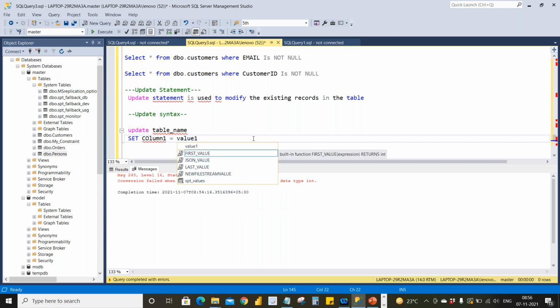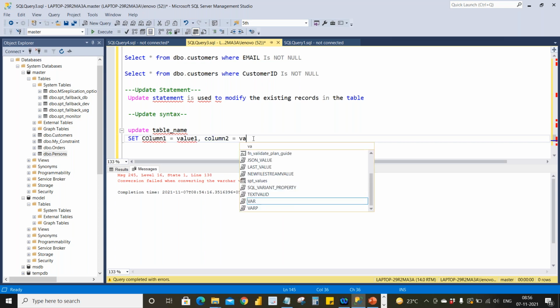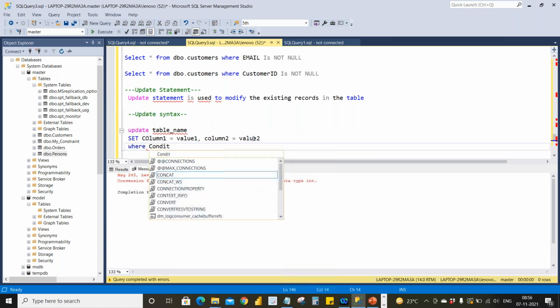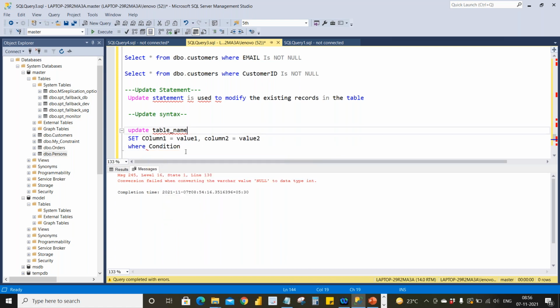And if you want to update more than one column in one update statement, yes, you can do by giving comma operator, and then you can give column 2 equals to some value 2 and so on. Where, you need to specify the condition. Okay, if you do not specify the condition, what will happen? It will update every data in your table. So where condition is a must if you are not updating the total table.